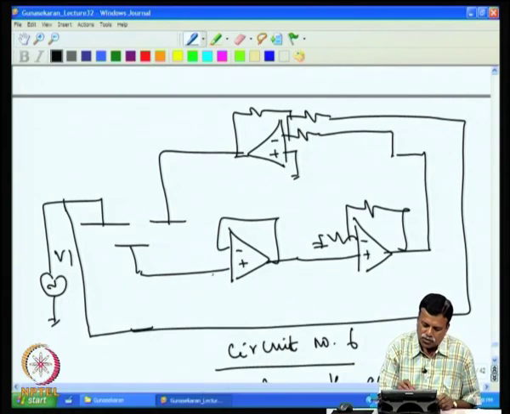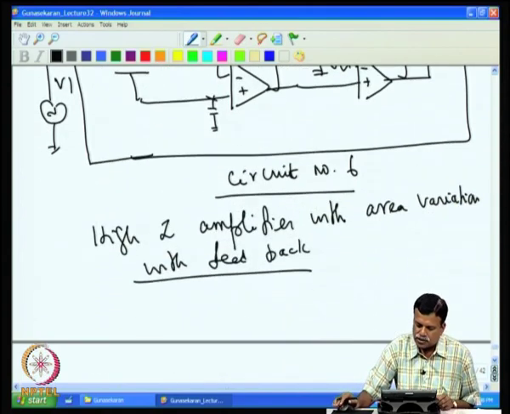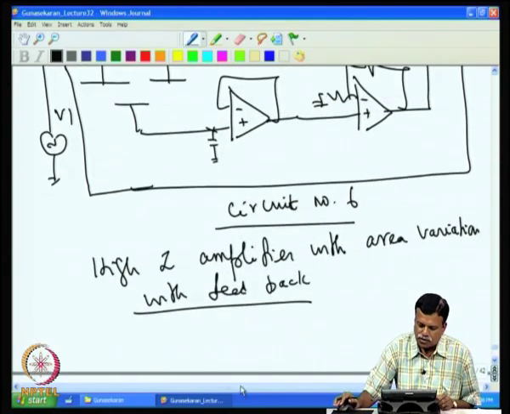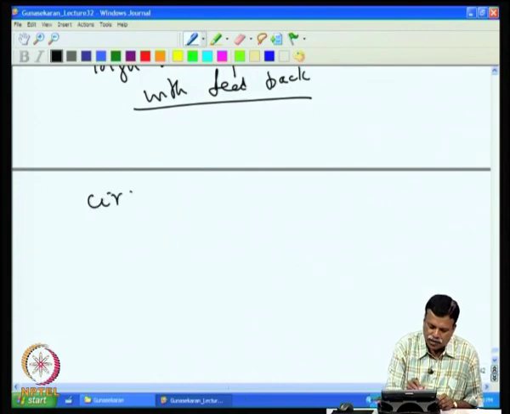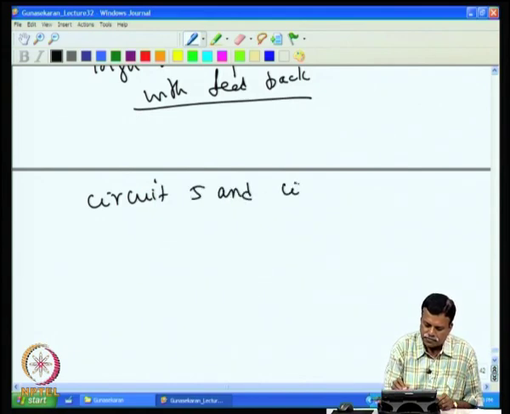So, here also we assume that the capacitance is there and this voltage is very small, and so the output voltage will have no effect on the stray capacitance. So, if we take circuit 5 and circuit 6,